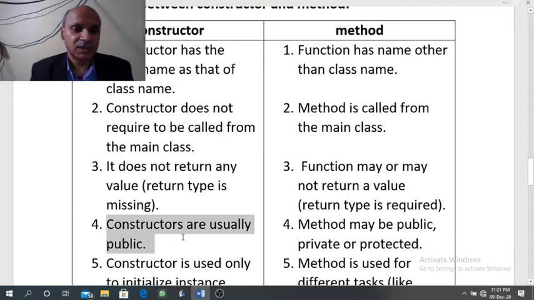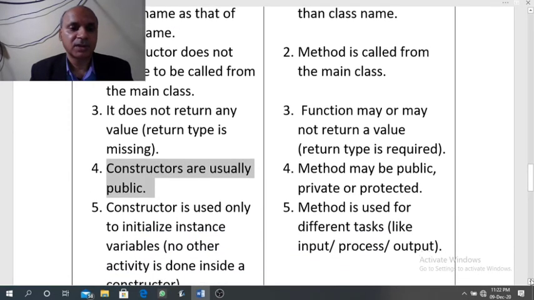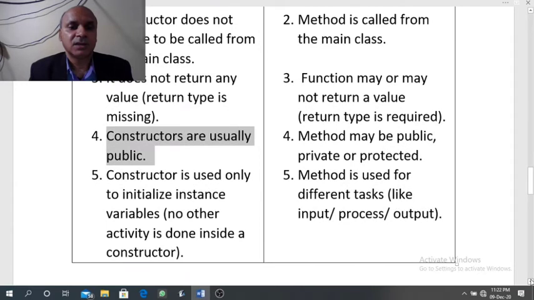Fourth point, constructor is usually public, but a method can be public, private or protected. And the last topic, constructor is used only to initialize instance variables. This is the objective of creating a constructor. We only want to initialize the instance variables of the class.